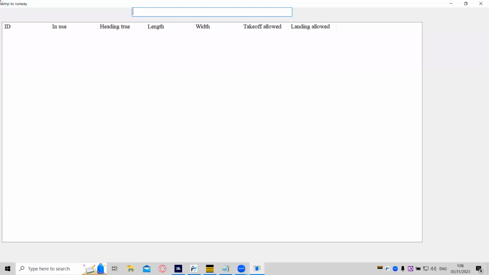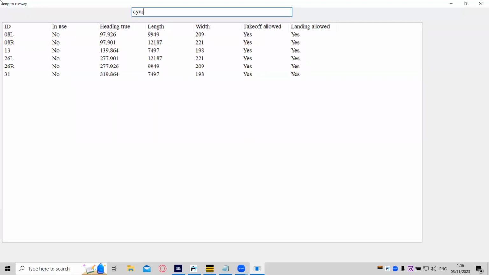Runway Here list. we Airport go. code at TYVR. 6 runways loaded point. Runway list 0 AR new snow heading 13 new snow heading through 130 26 L new snow heading through 26 R new snow heading 31 new snow heading 26 R new snow heading through 277.96 length 99.49 width 209 ATC take for off some yes reason yes is saying 0 R new 0 L new snow heading through 97 0 R new snow 0 L new snow 0 R new snow heading through 97.901 length 12,187 width 221 take off allowed yes landing allowed yes 206 0 L 0 R new snow heading through 97.901 length 12,187 heading 167 0 L new snow heading through 97.926 length 99.49 width 209 take off 0 R 13 new 26 L new 26 R new snow heading through 277.926 length 99.49 width 209 take off allowed yes landing allowed yes 26 L new snow heading through 277.901 length 26 R new snow heading through 277.926 length 99.49 width 209 take off allowed let